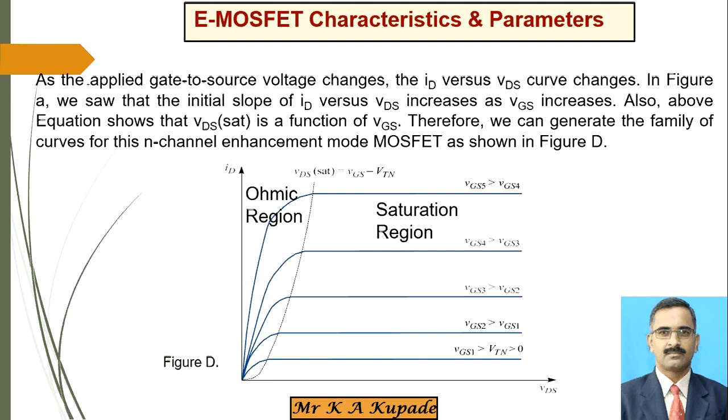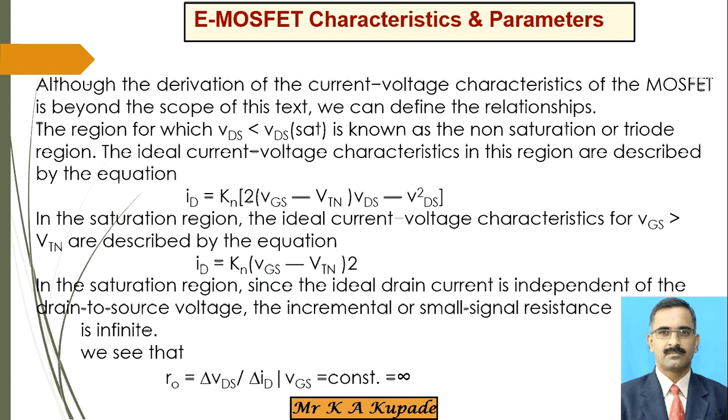So here, as VGS is increasing, you will get different graph slopes, and the constant value of VDS after the threshold voltage, that region is called the saturation region. And before that, whatever you are getting, which is marked by the dotted slope, is called the ohmic region. Now, by considering that, VDS saturation and VDS, I explained all the things here.